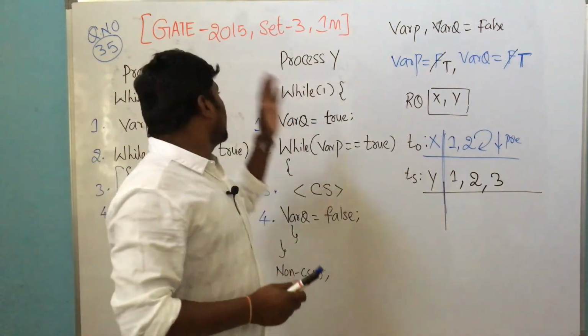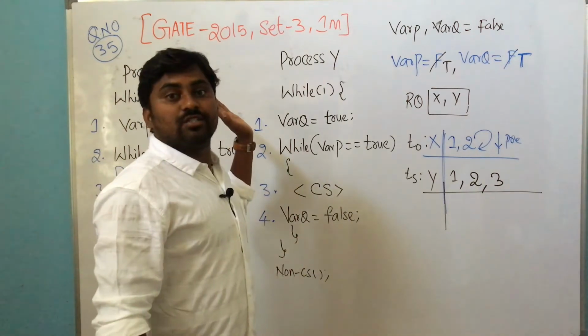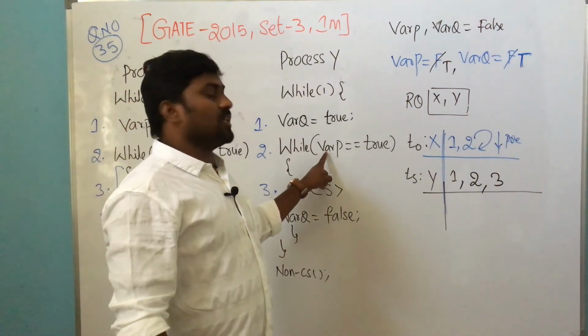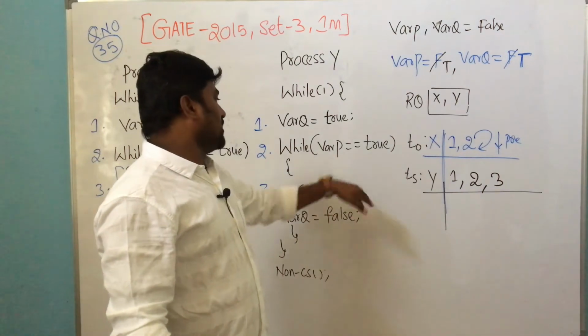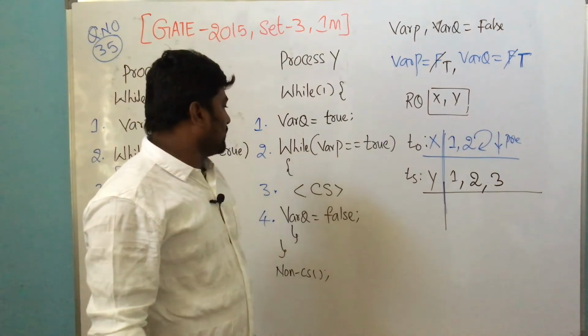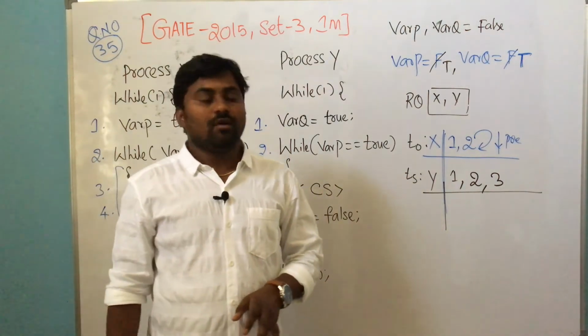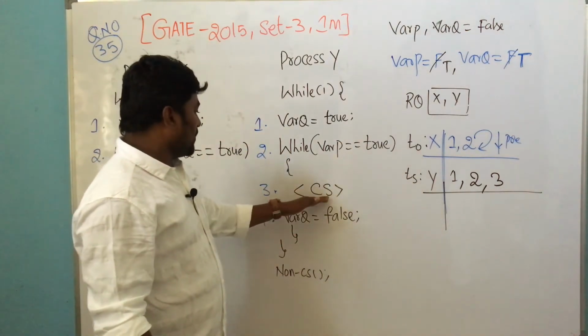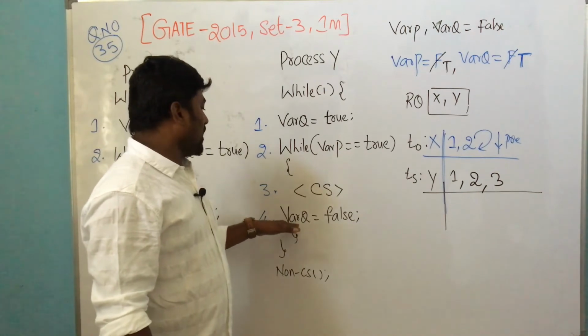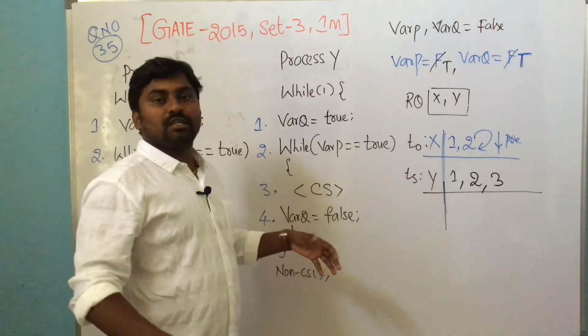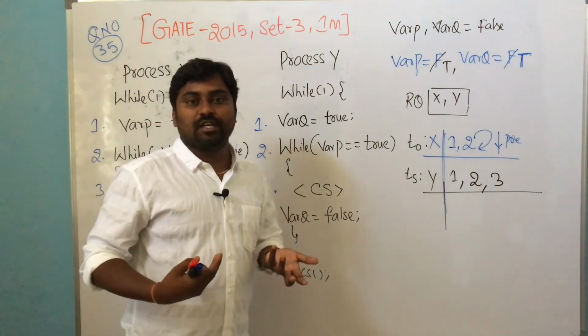Look at this. Initially process X did not enter into the critical section. Now here we are checking the condition. It entered into the critical section. It is entered, so now usage of the critical section has started. In the critical section many instructions are there. After completing the critical section, it can run the fourth instruction, var q equal to false. He is saying that I am not interested. Now my use of the critical section is over.